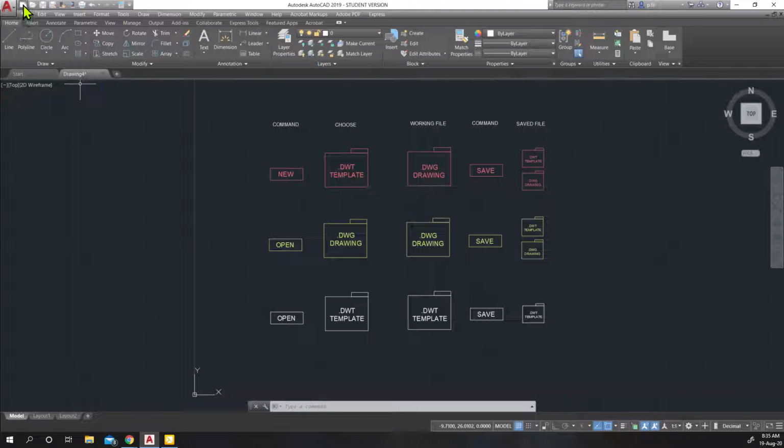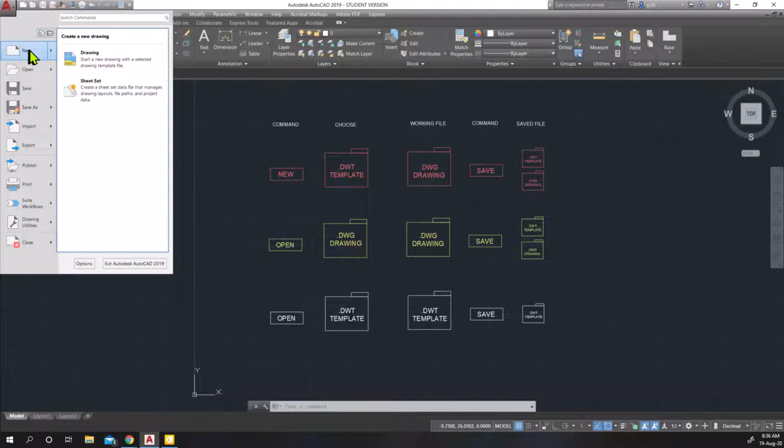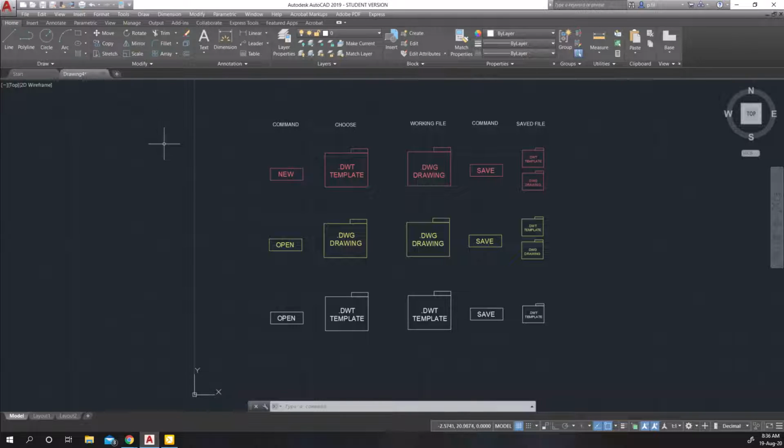little keyboard shortcut that says QNew. If you type QNew, that will also invoke starting a brand new drawing. Also, going through the application menu, we can start a brand new drawing, or in this case, a sheet set, which we'll talk about another time. So a lot of different options. So if I type in QNew and hit enter,